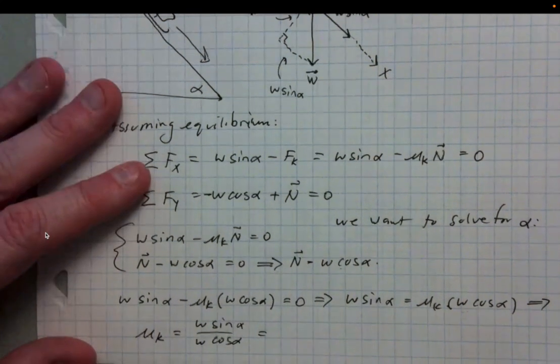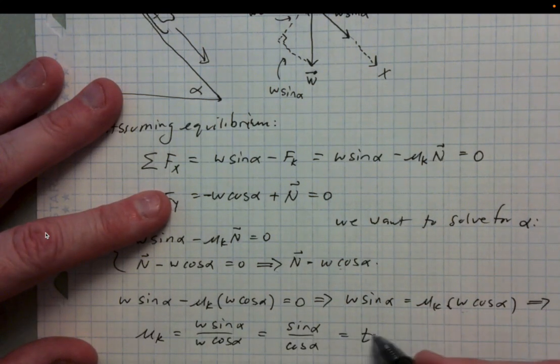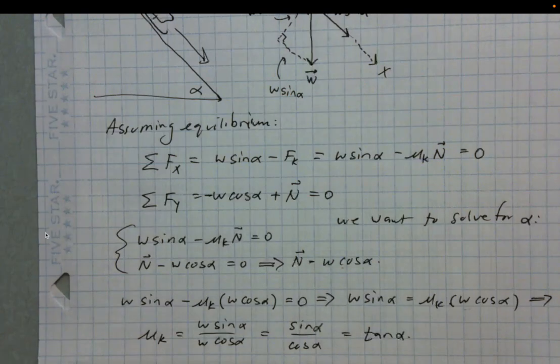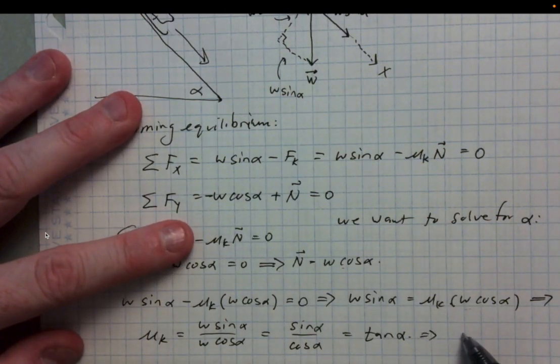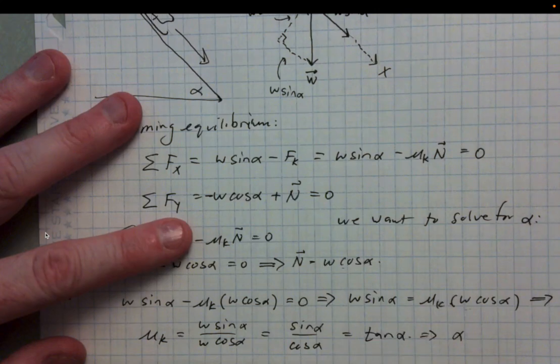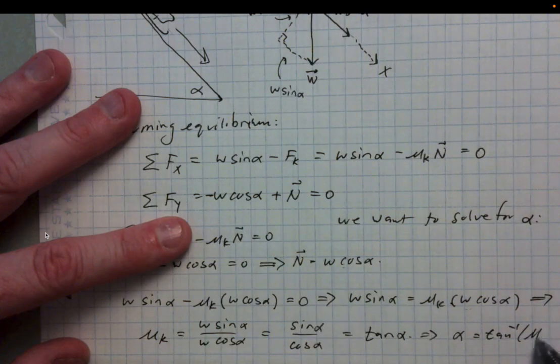The W's cancel, the weight cancels, and I get sine of alpha over cos alpha, which, if you recall, is tangent of alpha. And so alpha, remember we're trying to solve for alpha, so I just have to take the inverse tangent here. Alpha is equal to the inverse tangent of mu sub k,